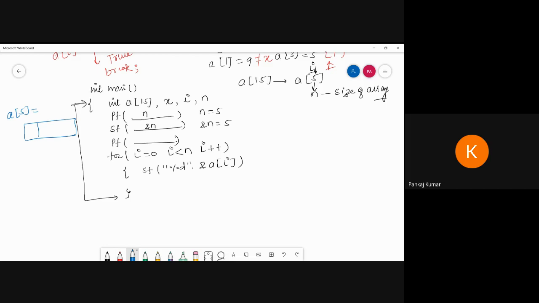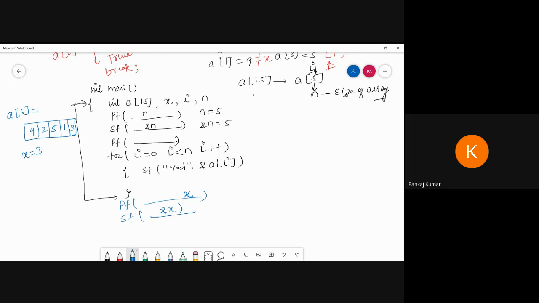Suppose I enter 9, 2, 5, 1, and suppose I want to put 3. Now see, all the elements are distinct, not duplicate. Then after that I write a printf statement, "Enter the element you want to search," that means I enter the x value, and I write scanf with %d, &x for reading this. Suppose I want to search x equal to 3. So till now we have completed it.